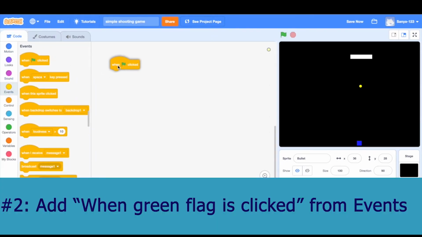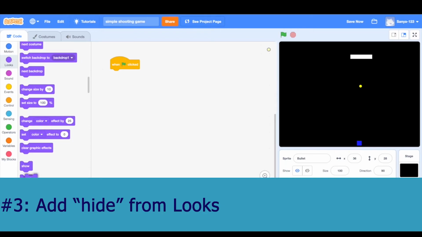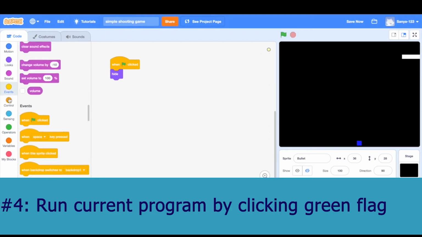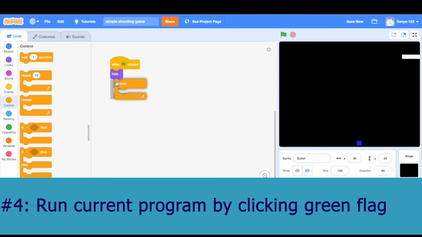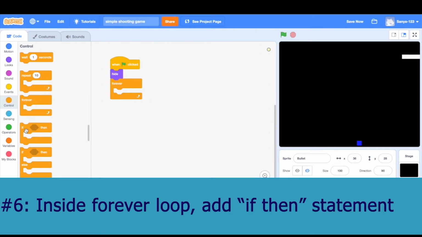And I'm going to go back to events. I'm going to say when the green flag is clicked, I want it to hide because I don't want it to show yet. So when I click it, it's gone already. It's hiding. I'm going to go to control, and I'm going to say forever, if my up arrow, or whenever my up arrow is clicked,